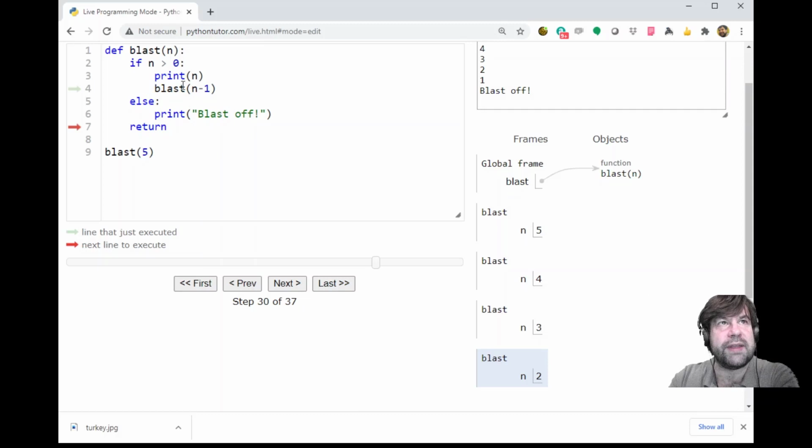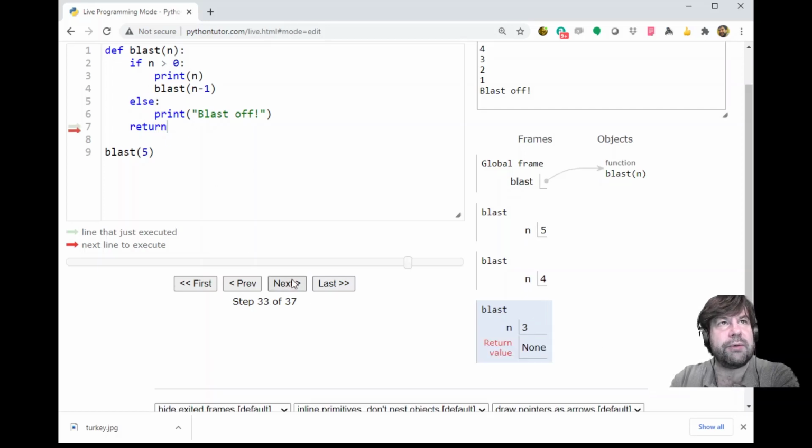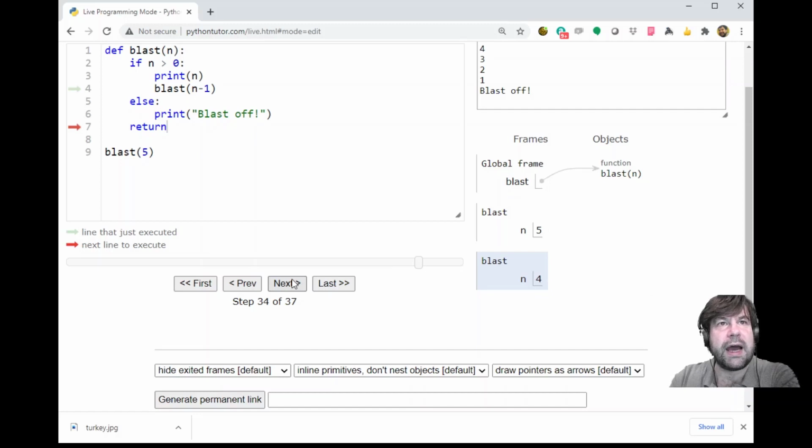There's nothing following that, right? The else statement is just there. So we'll return down to here. No return value. We pop off. We go back to the n equals 3 case in the same spot, n equals 4 case in the same spot. And now we have one more. Now we're in the n equals 5 case in the same spot. And this time when we return, we're no longer going to return to a call of blast. We're going to return to our global frame, which is down here on line 9,